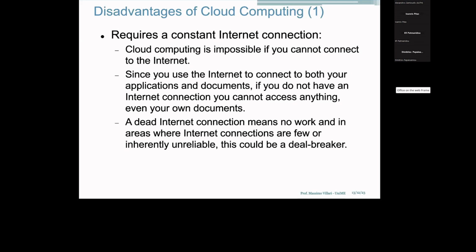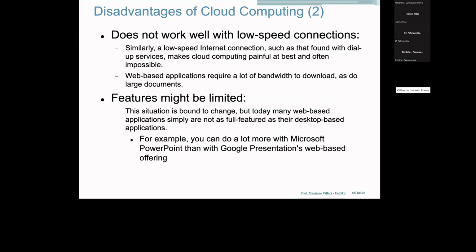Not only a constant internet connection, but also a good internet connection. Because according to the kind of service that we want to use, we need a low speed connection or a high speed connection. Let me make an example. If I just have to read emails, the client or the browser, for instance with which I use Gmail or Microsoft Outlook, is just downloading text, probably some images, if there is an attachment in the email, so an image or some document. Of course, this doesn't require